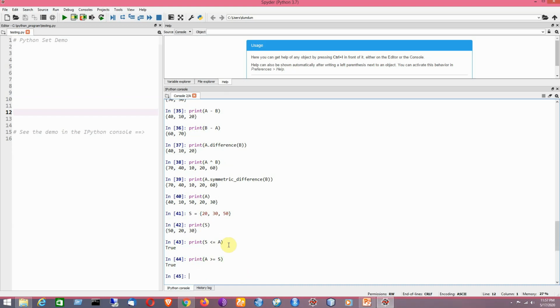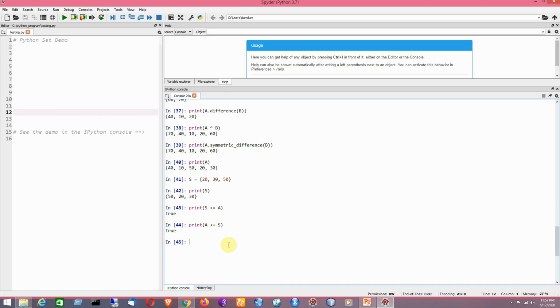It is also true because A is the superset and S is the subset. So that is the idea to be employed here. So by using set comparison, we can check whether a given set is a subset or superset of another set or not. If it is correct, it will show true, otherwise it will show false.